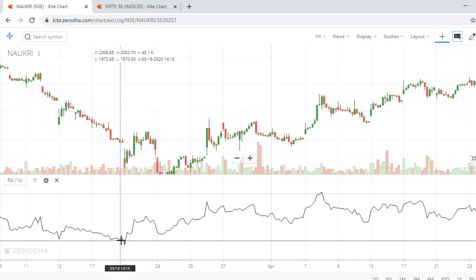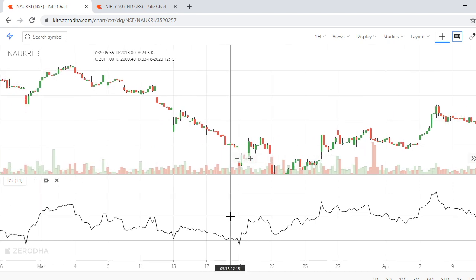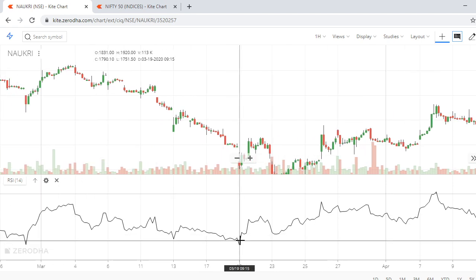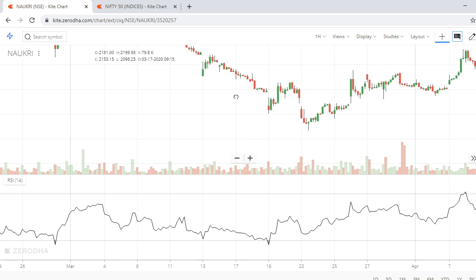Again, here it's below 20. So what does that mean? No sell. No sell doesn't mean that you need to buy. So here the stock is continuously coming down, and it is in oversold zone. Now if somebody wants to sell it here, RSI is telling no, it is not a good time to sell. After that, see, from 1780 to 1790 to 2090, almost 100 points up move. So if somebody has taken a small SL of 5%, it would have taken the SL also.